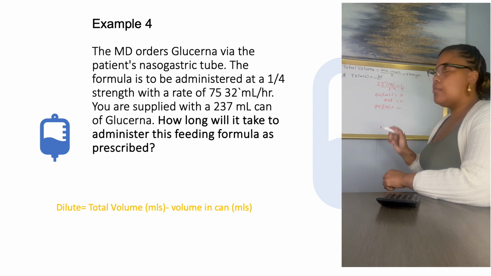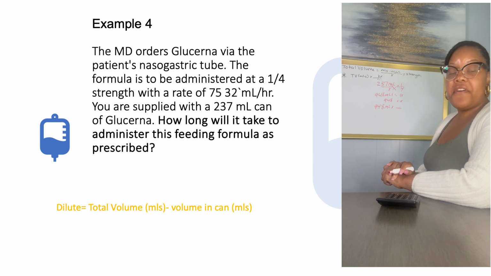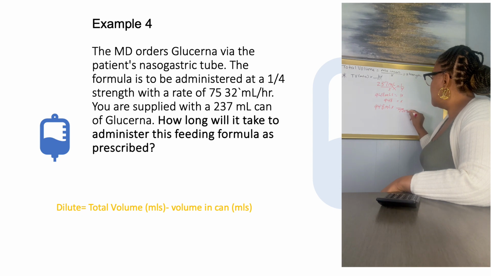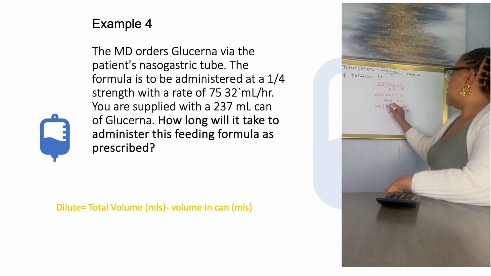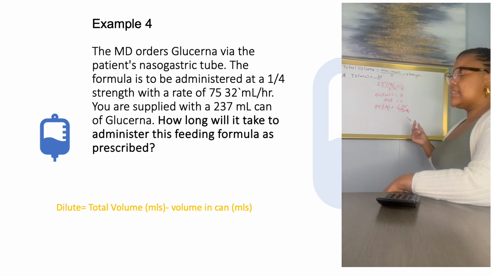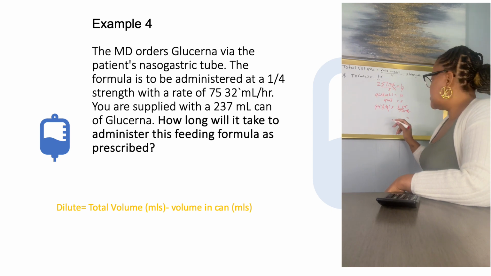So our mLs per hour. So we say that it's at 75 mLs per hour. So 75 is going to go on the bottom, and hour is going to go at the top, just 1 hour. So the mLs are going to cancel out, and let's do some math. So 948 times 1 is 948, and then 948 divided by 75 will give us